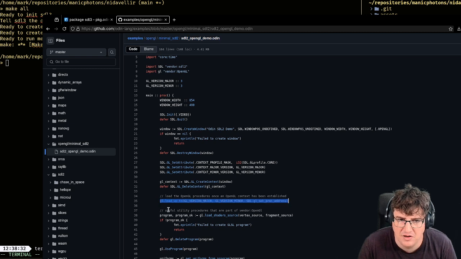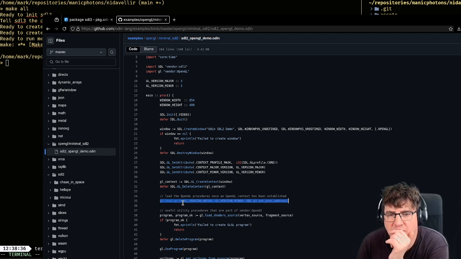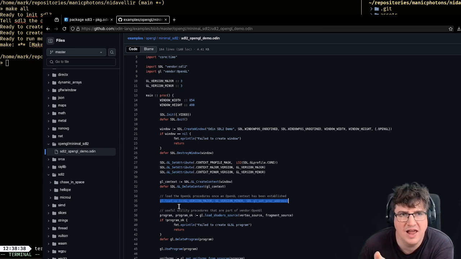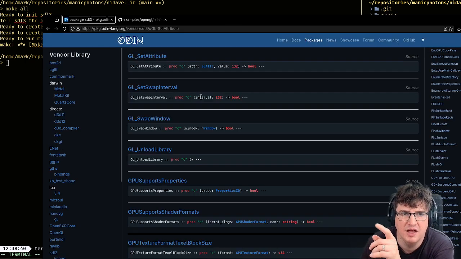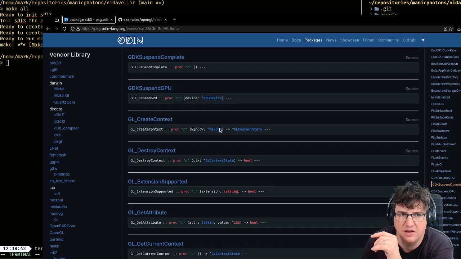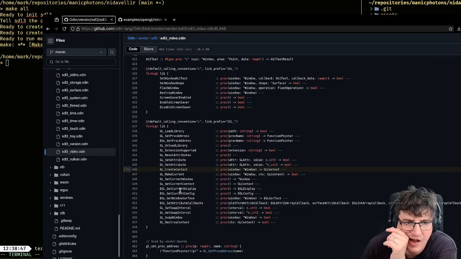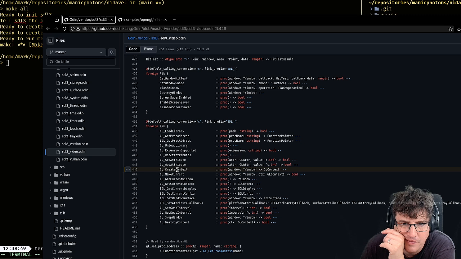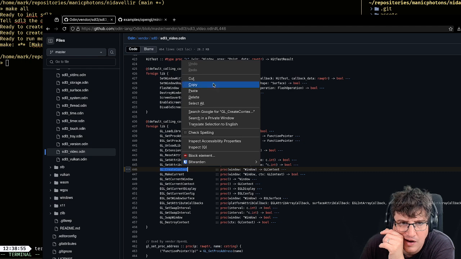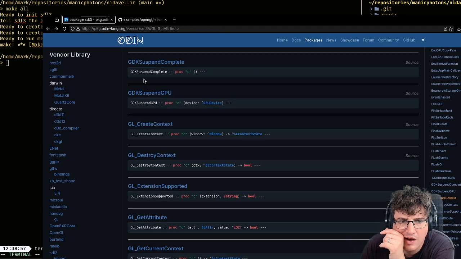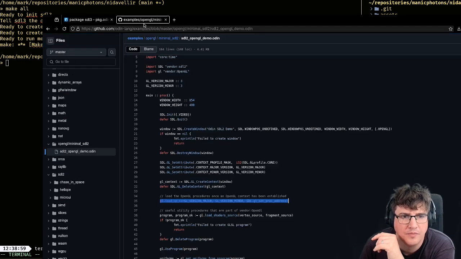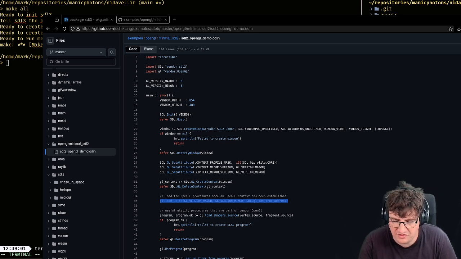I still need to load OpenGL procedures once the context is established, unless that's happening internally when I create a context. So let's look at this. Let's jump into the source. Let's check the SDL3 documentation.